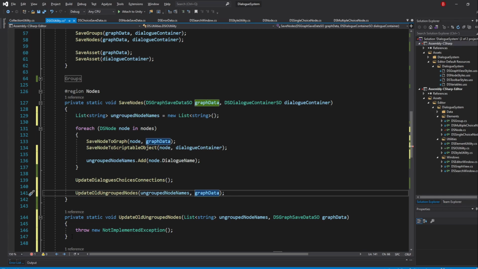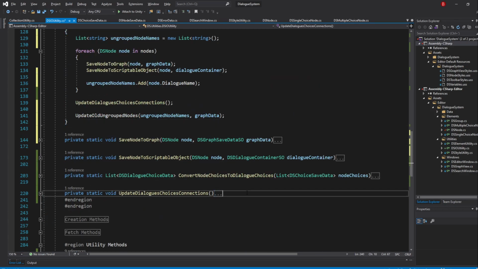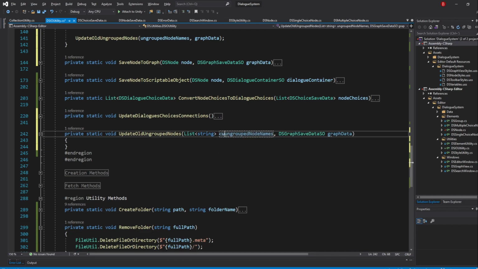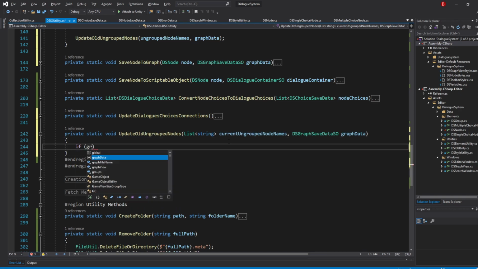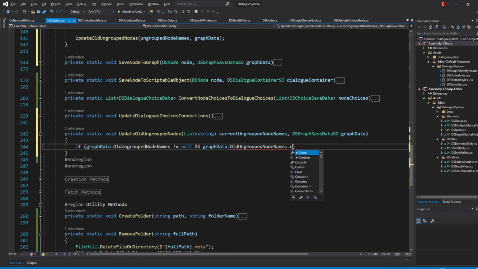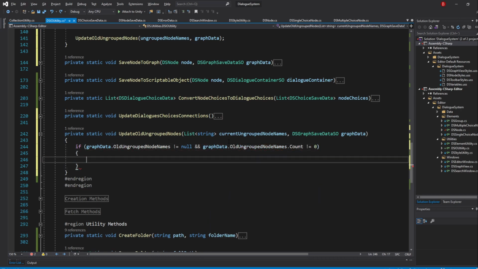I'll place the method under all the other node methods. Update the first parameter name to be current and grouped node names. We'll basically do the same as in our groups but remove an asset instead of a folder. So type in if graphData.oldUngroupedNodeNames different than null and graphData.oldUngroupedNodeNames.count different than 0. We can then create a new list of strings to which I'll name nodes to remove